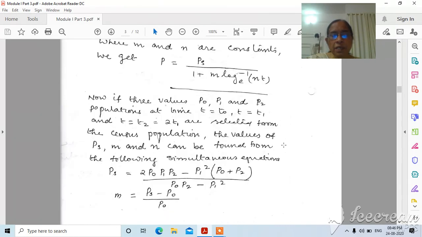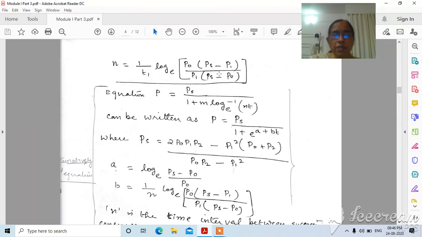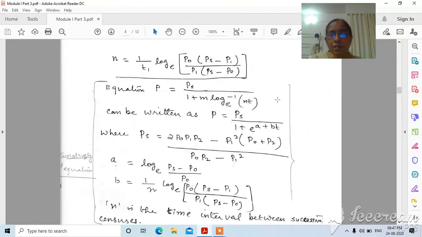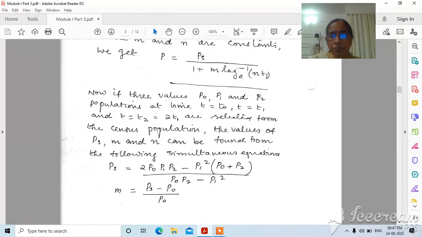And then n we can calculate. N is equal to 1 by T1 log e multiplied by P0 into Ps minus P1 divided by P1 into Ps minus P0. So this is the equation. And these three equations are the standard derivations of the standard logistic curve equations. You have to learn these equations since in the examination usually they ask to